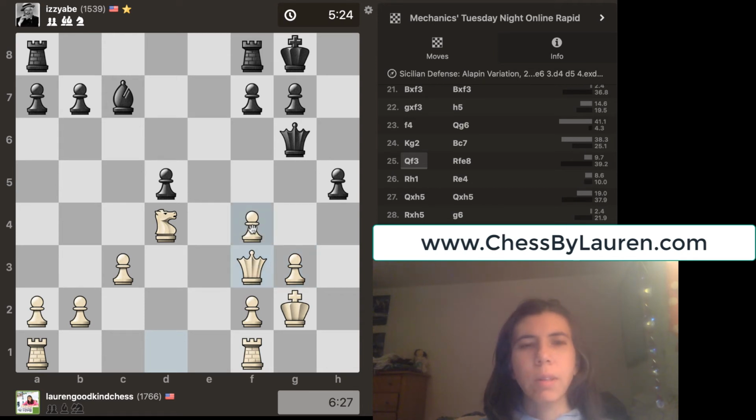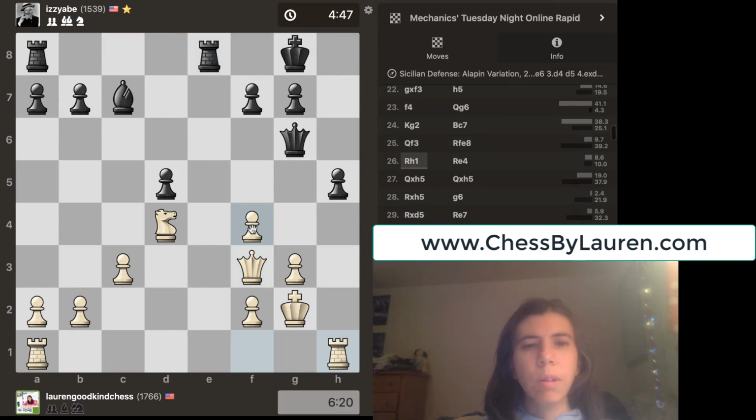There's a lot of pins in this game. He goes there, and then I go here. I'm going after this pawn. See? Queen and rook are attacking this pawn. He only has one protector. He goes there,